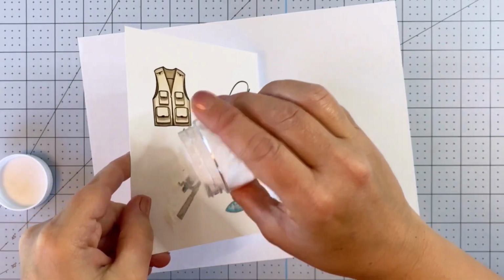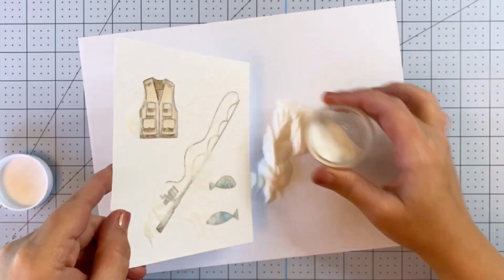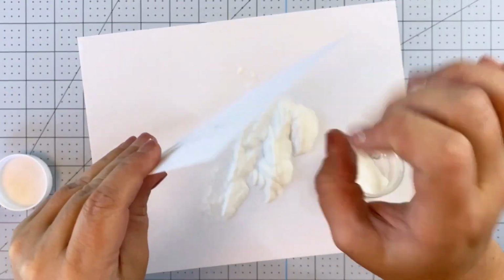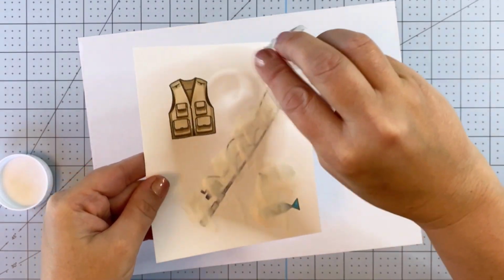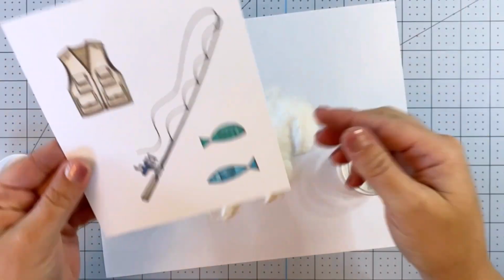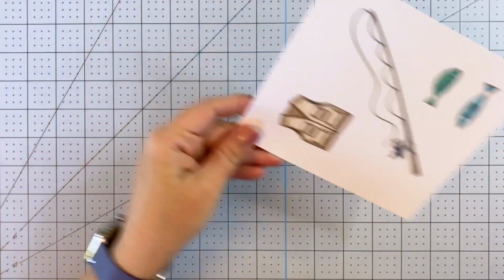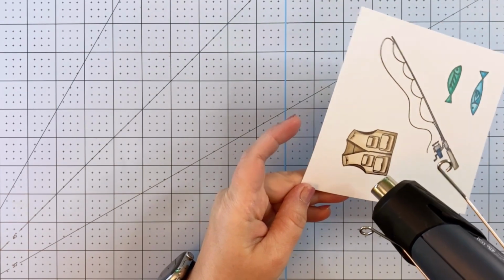I did not use any kind of anti-static powder tool. That's mostly because I am using clear embossing powder, and this awesome Color Me cardstock is super smooth, so I generally don't have any issues with embossing powder when it's clear, having it stick somewhere it shouldn't. So get that nice and coated, tap off any extra, and then I can come in with my heat gun